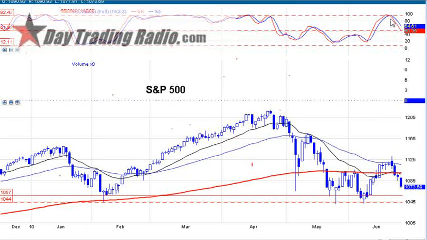We'll take a look at the stochastics, how we turned over here, and we got into the daily overbought stochastics. We pinned up into the 100 area and turned right over, along with the price pushing up against the 50-period moving average. So those are two of the main things I'm looking at. The momentum indicators tell me there's a shift in momentum, and that's a clear signal that the market's going to pull back.